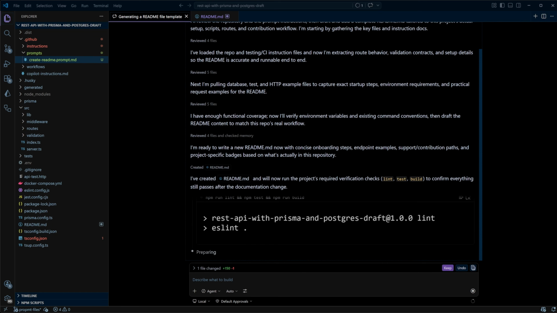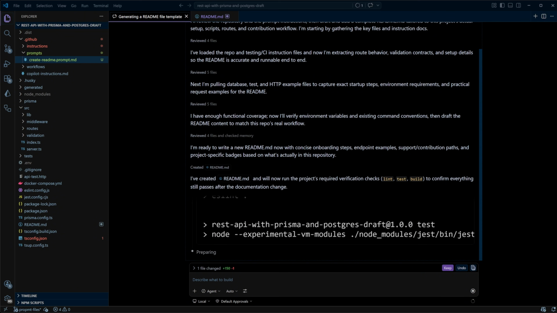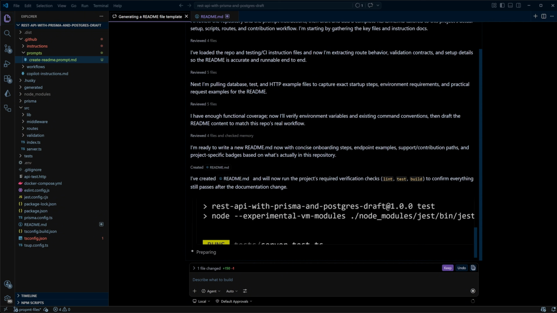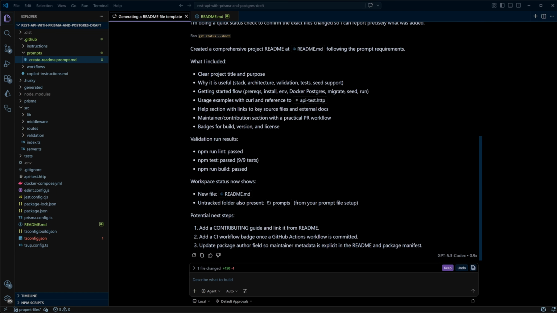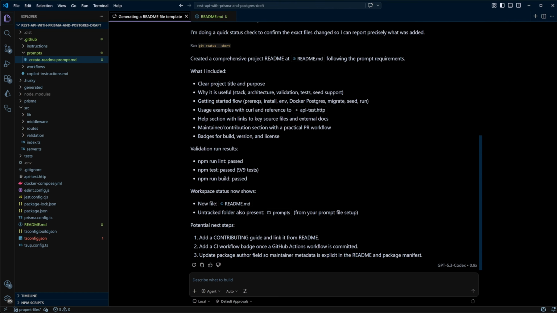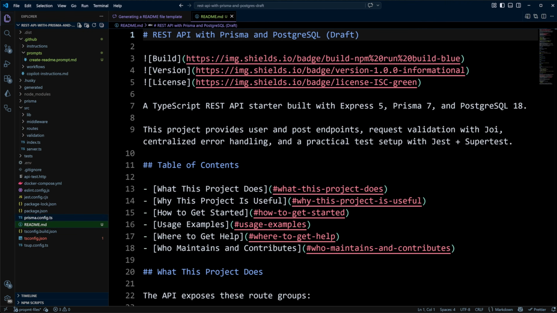You can see that Copilot created a readme, and now it will run the project's required verifications, lint, test, and build to confirm everything still passes after the documentation change. GitHub Copilot is finished and gives us a quick summary here: what's included, validation run results, workspace status, and then potential next steps. Let's go ahead and click keep, and now we have ourselves a readme file, so we can